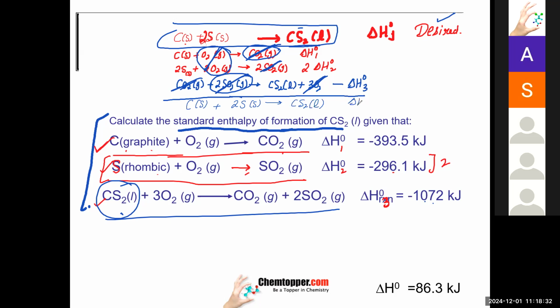And what's the delta H of the reaction? This reaction is the sum of all these. I added them, so they will get added. Delta H naught 1 plus delta H naught 2 minus delta H naught 3. And the answer is,